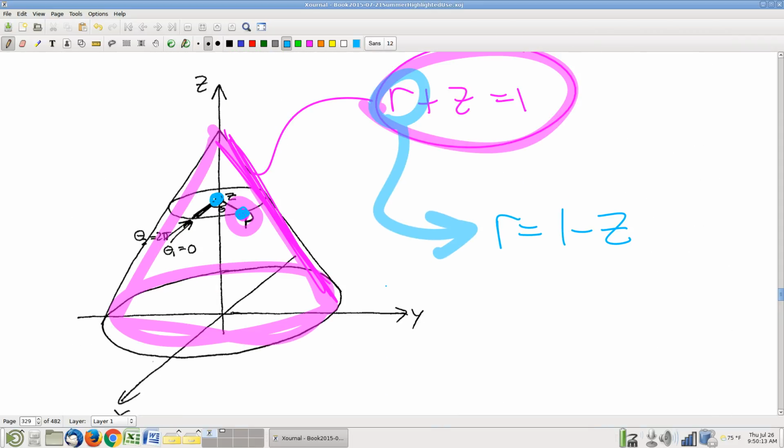Go up one second. All right. Yep. Okay, so